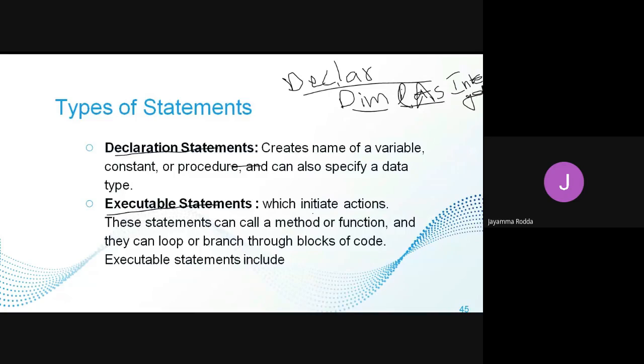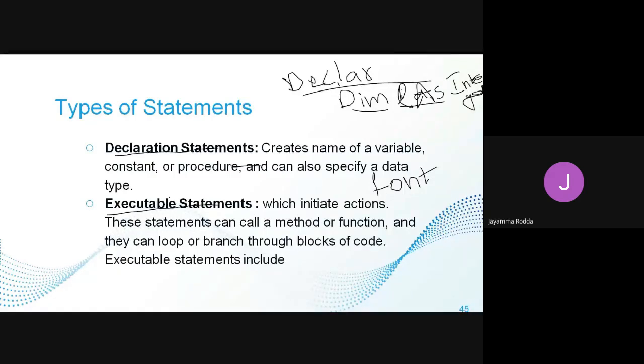If I am telling it to change the color, or trying to change the font of something, like in the applications we saw last time, where we increased the size of the font, this is the instruction that we give to the application to change the size of the letters.